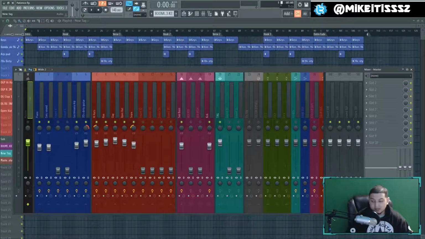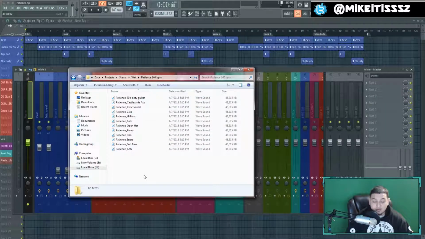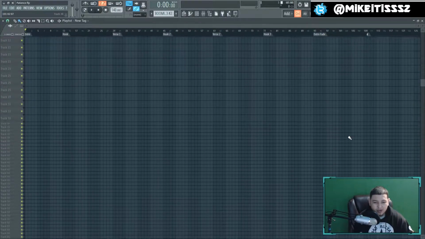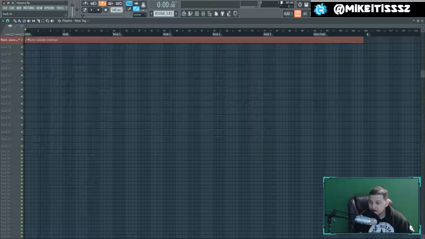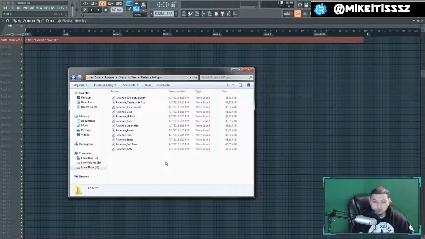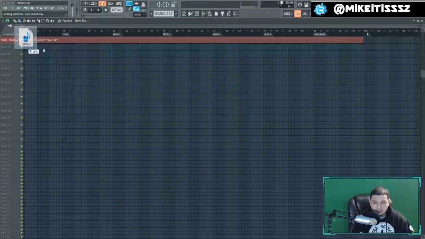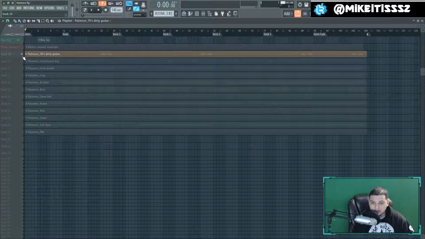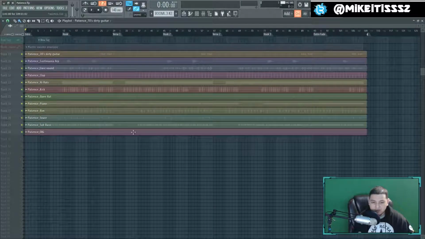Okay, so now it's done. As you guys can see right here, these are all the stems, and I believe there's only 12 items. Yes, there's only 12 items in total, like I counted earlier. So what you want to do is double-check that everything's working. You can go to the bottom of here. It doesn't really matter where you do it, but you want to grab all the files from here and drag them into here so you can hear the beat alone with everything rendered, and you can see how everything came out. And just in case you need anything fixed or anything,